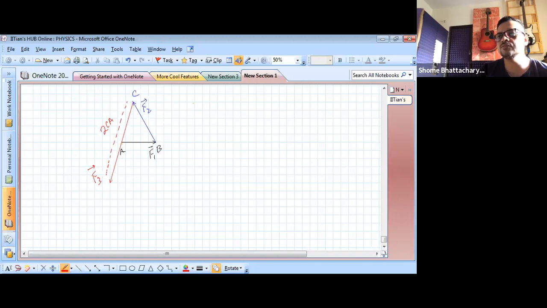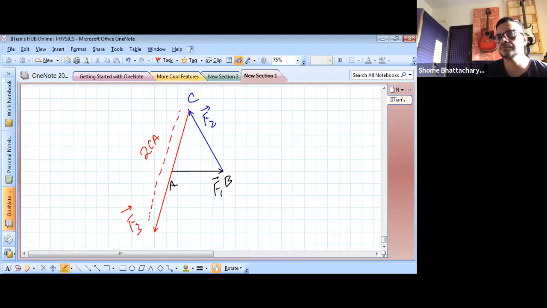So my resultant force is now going to become this one in this diagram. This is the resultant, from the origin of the first vector, which was E, to the head of the last vector. So resultant is the vector